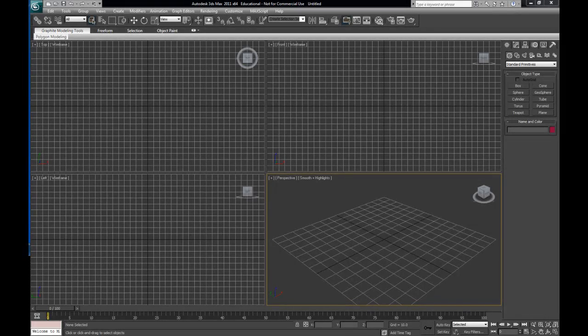Probably the most powerful of all modifiers is known as Edit Mesh. That's what we're going to learn today. The Edit Mesh modifier is kind of that uniqueness factor. It's really the game changer. To begin understanding Edit Mesh, we're going to start with just a simple